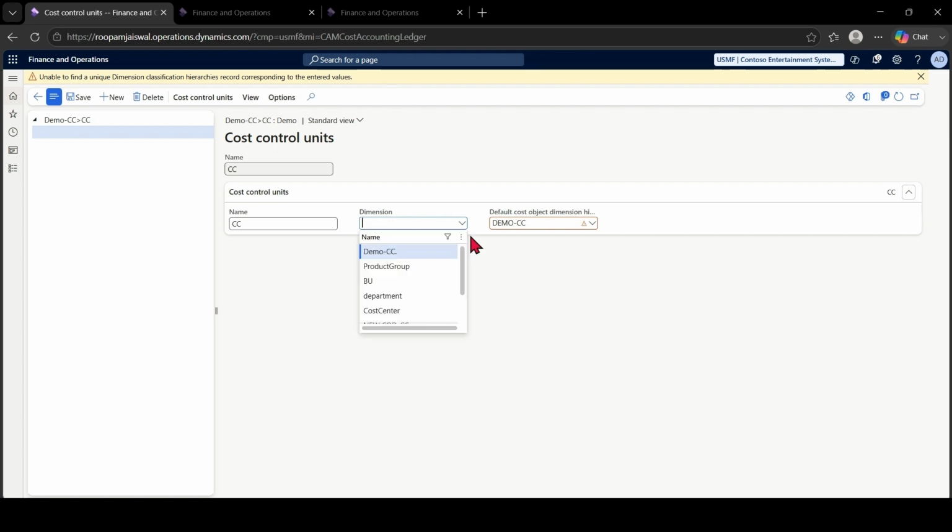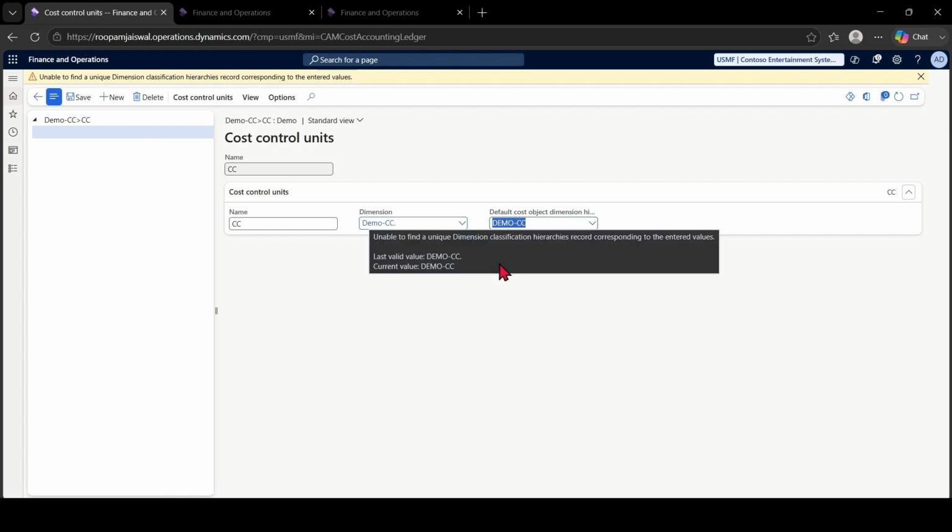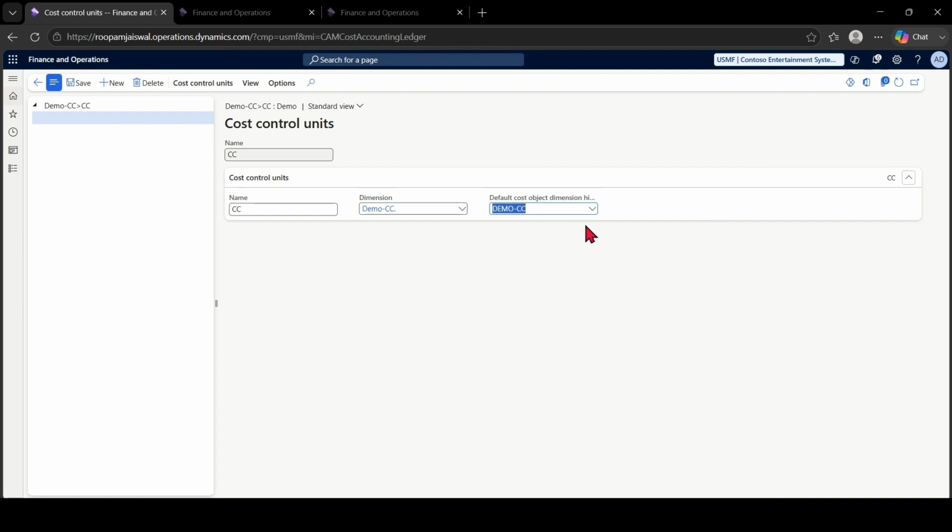So I will go with dimension, and then maybe here I would like to select one of the hierarchies. You can create any hierarchy however you want. You can redesign, you can reframe. So I will just show you something. If I'm in this hierarchy, I can change it if you want.